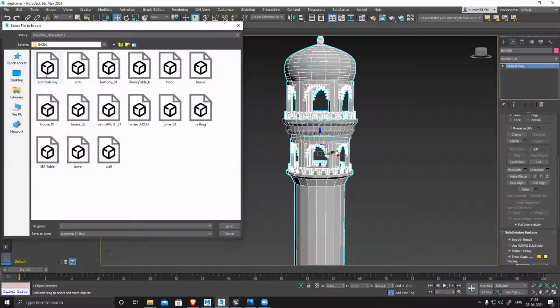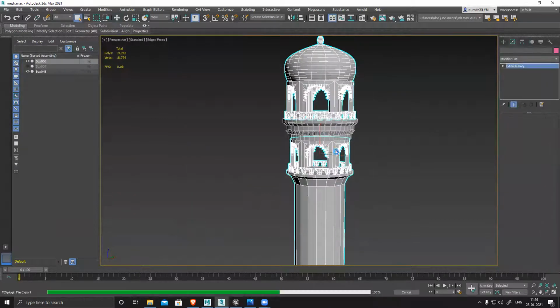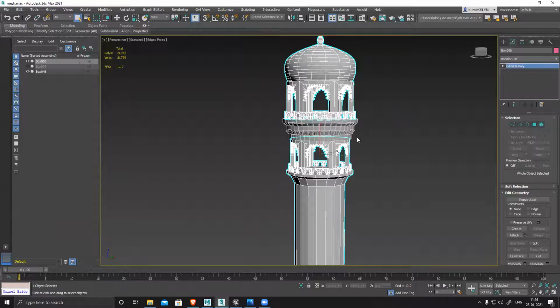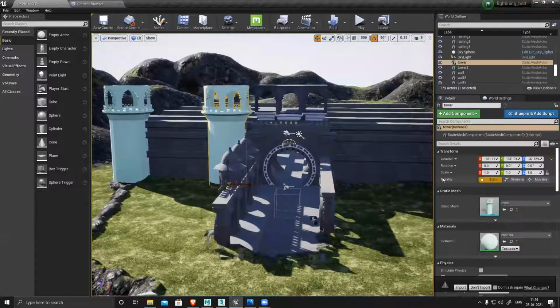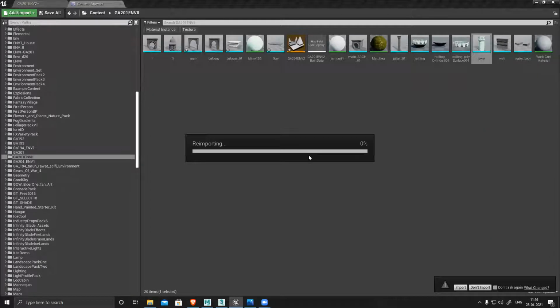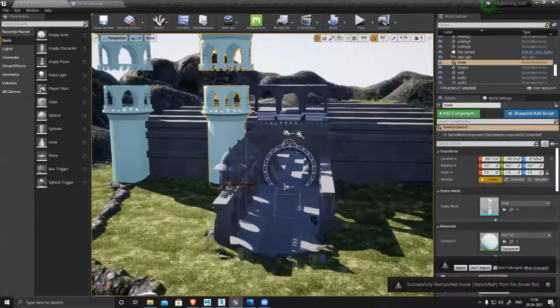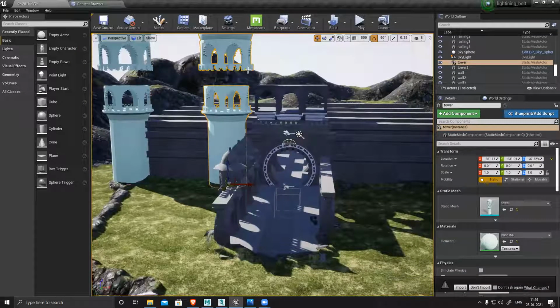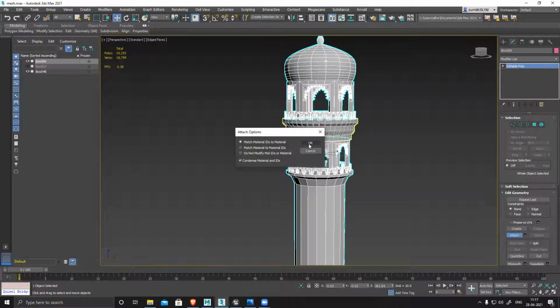Export selected. Where is my tower? So you can see I have modified my main tower and saved my file, and it's already there. This one not required. So this file, I'll go and where is my tower? Here. Right click, re-import the model. So it will get updated automatically, and it will automatically get replaced here also. Okay. Why is this part missing? Oh, my bad. I forgot to attach this.